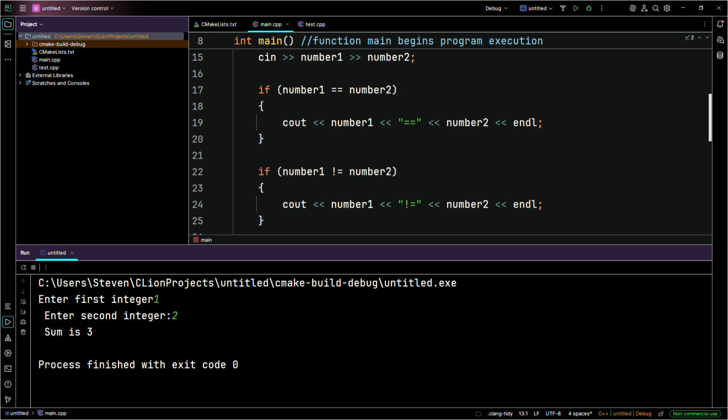If number1 is equal to number2, cout number1, left angle bracket, string is equal to,